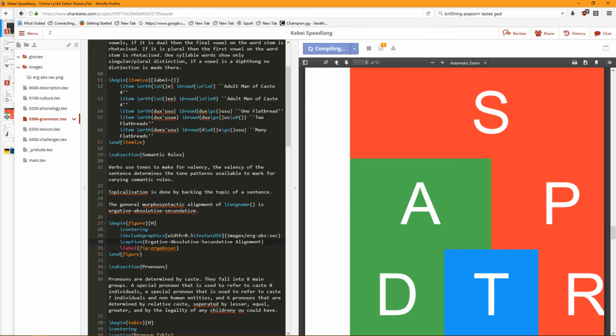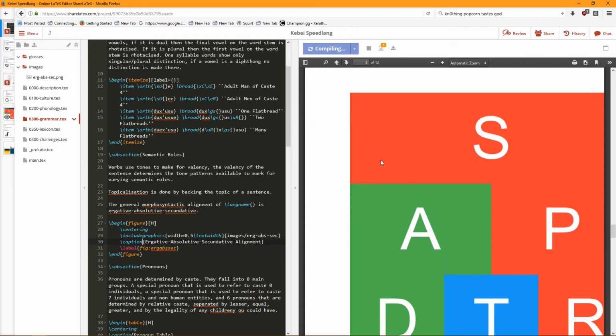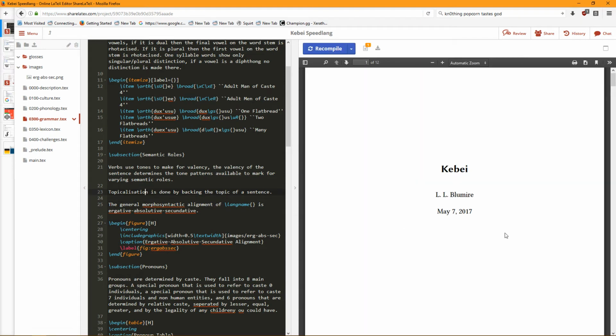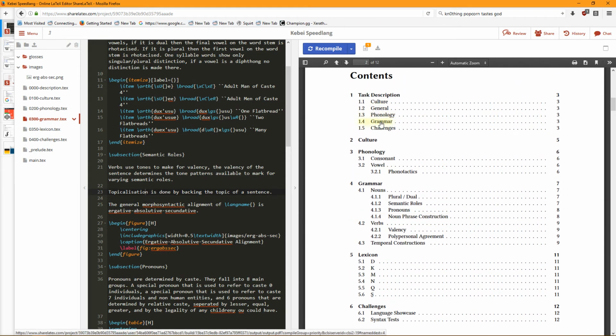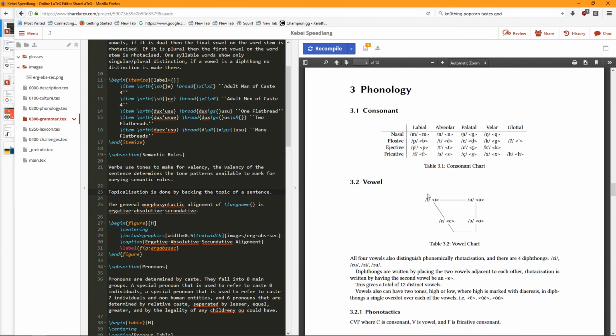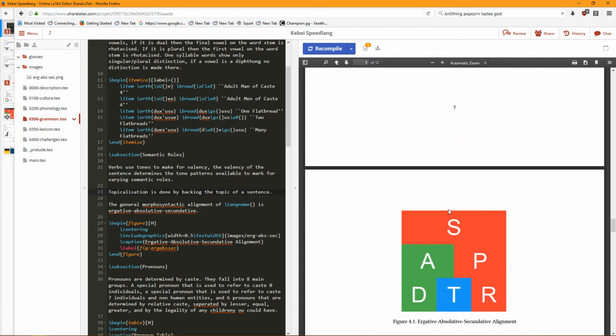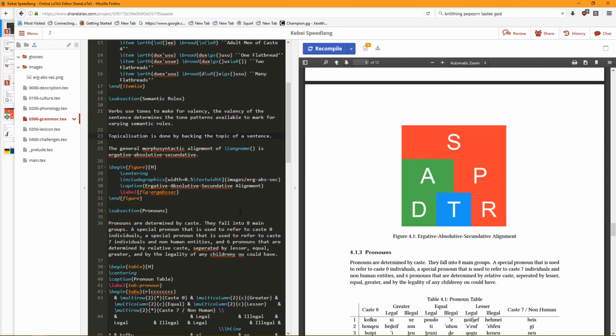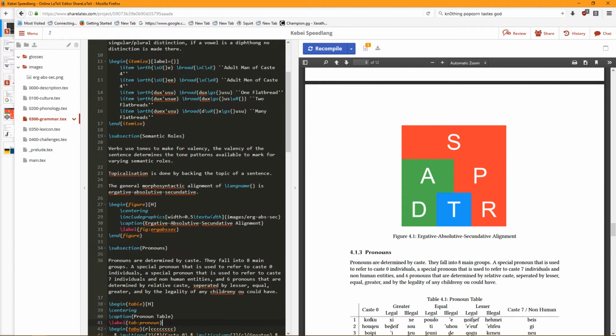So absec is our morphosyntactic alignment. Okay, and then we're going to say, I need to give a key here. Red.